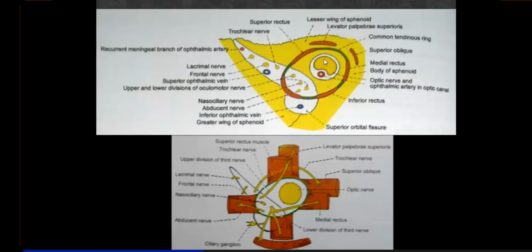So now you see, the optic nerve, when it enters the orbit, is infralaterally related to the ophthalmic artery. That is the second relation you have to remember with the word infralateral.